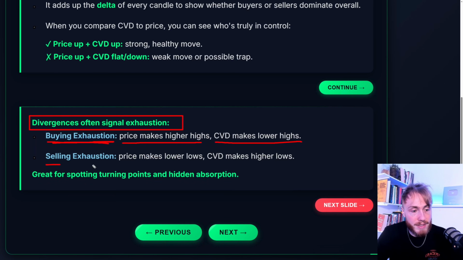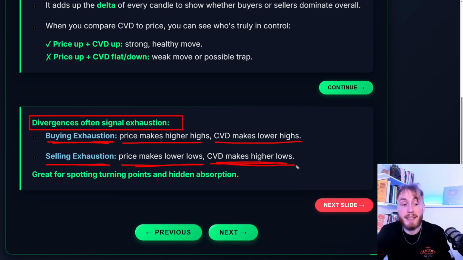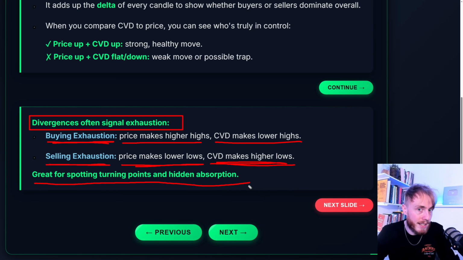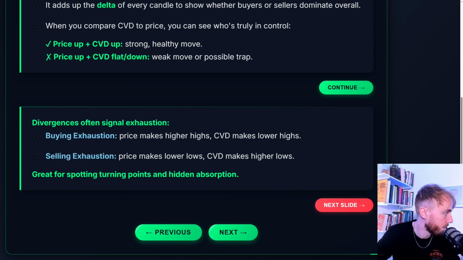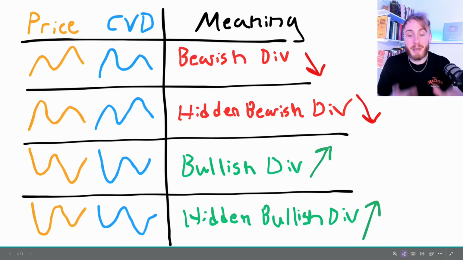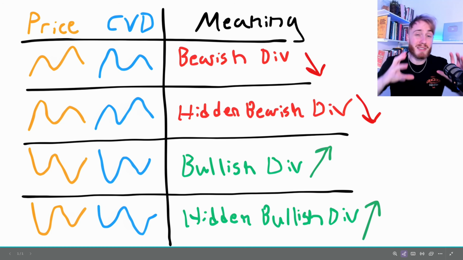But we also have selling exhaustion. This is basically the bullish divergence, when we see the price printing lower lows while the CVD makes higher lows. And both of these divergence types are great for spotting potential reversals or even some hidden absorption. All right, so here I basically have made a cheat sheet of all the different CVD divergences you can find,